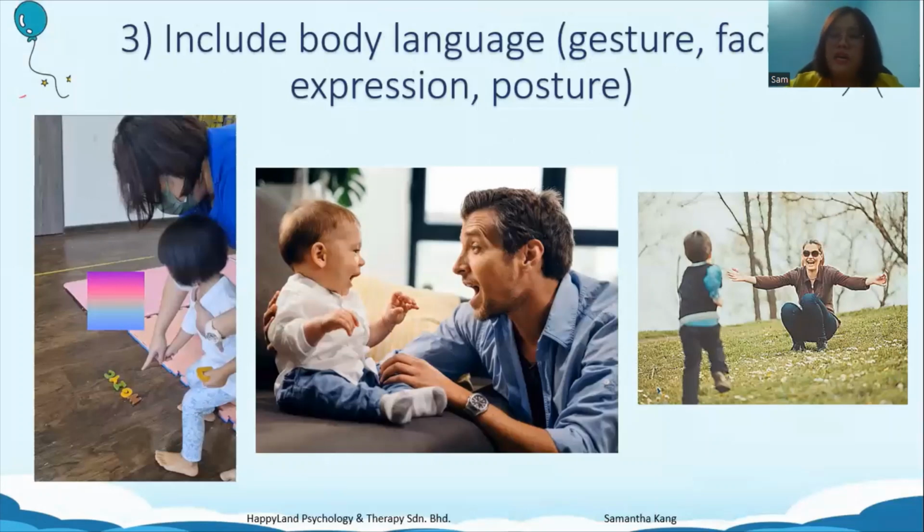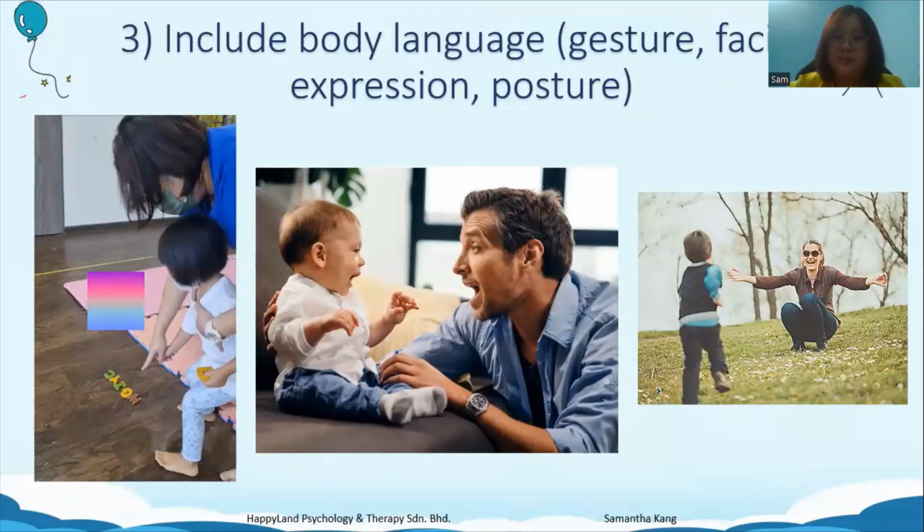Okay. And then another gesture like hand movement, you calling the child to come, you do this, come here, right? So the child is able to understand, okay, this hand movement means come. So when you say come here and follow with this hand movement, the child is able to relate the action and the word. Okay.